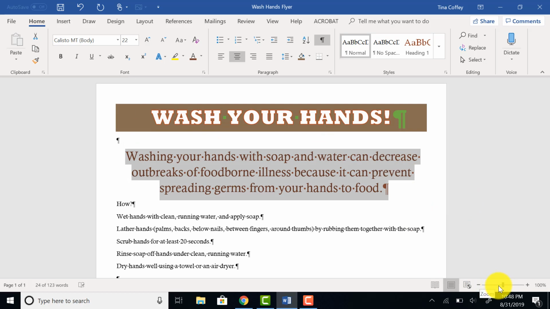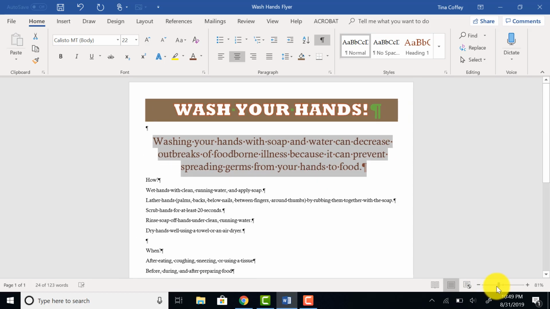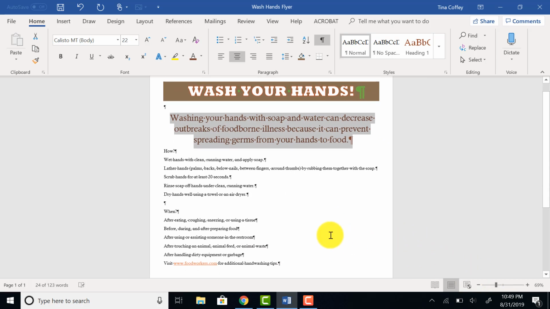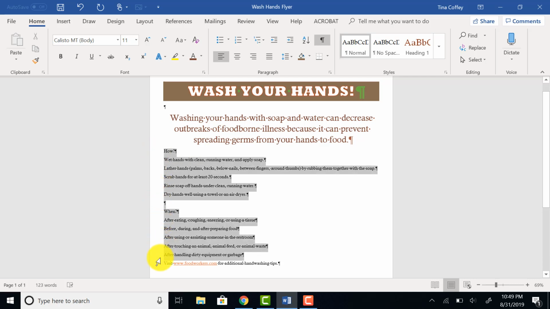Now, I may want to zoom out a little bit so that I can see my document a little bit better. And now let's take a look at selecting the lines below that we have not changed yet. So if I get my right facing arrow, click and drag, I can select all the lines in that document. Let me go ahead and change their font size. Let's make them